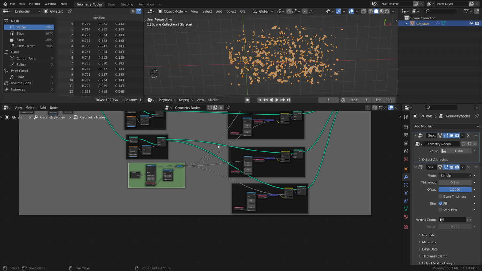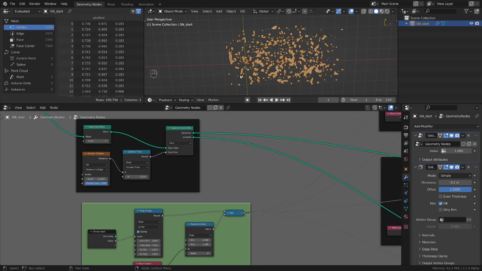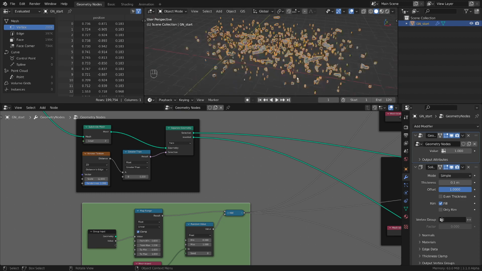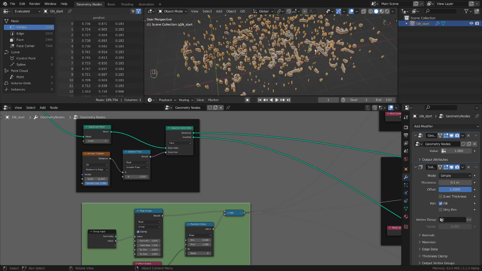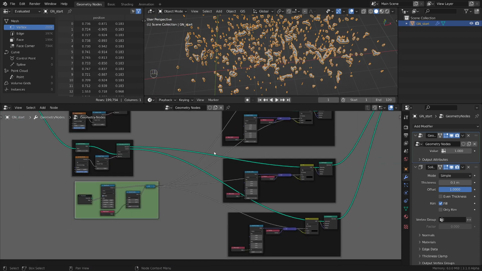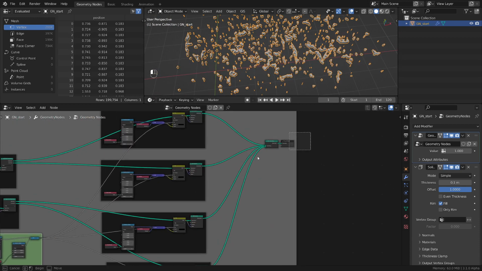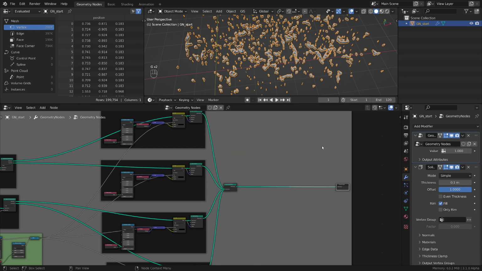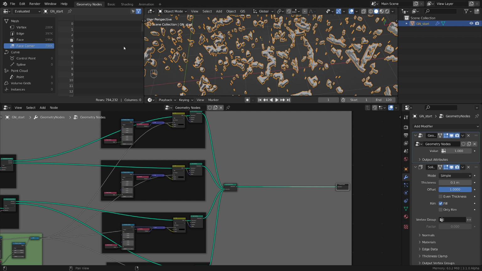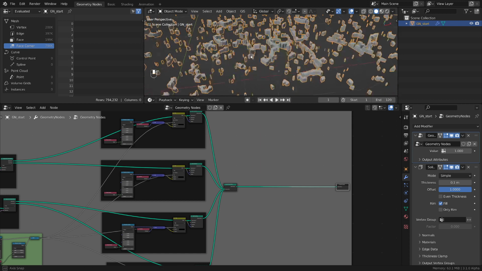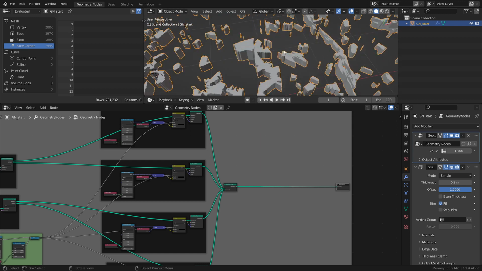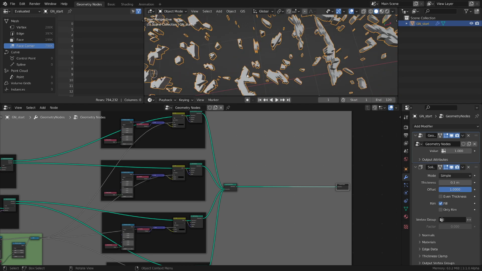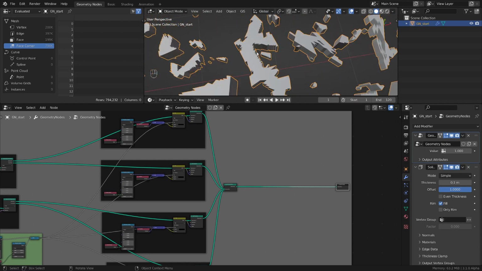Of course, nothing stops you from playing with all of these values to get different results, and break this into a third level if you want, using the same idea. But what I want to do now is address this problem. If we go to face corner, we see we have absolutely nothing here. And this being animated inside of geometry nodes, when we want to do some shading, if we want to add a procedural texture or an image texture,